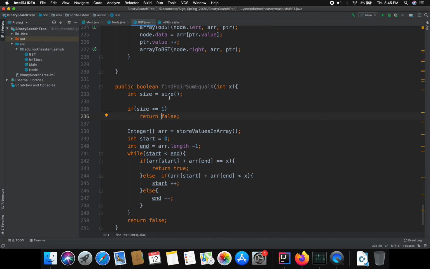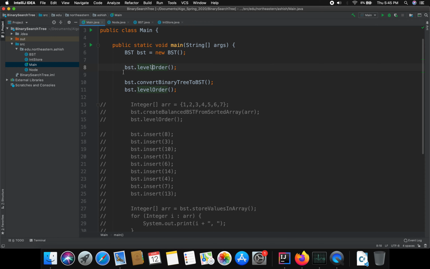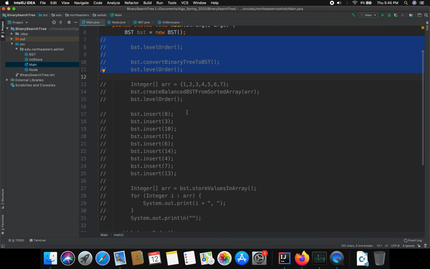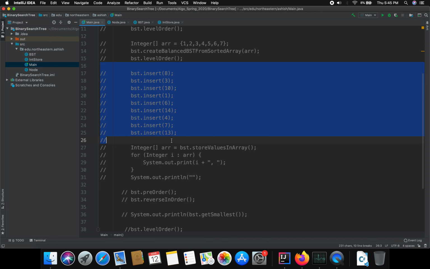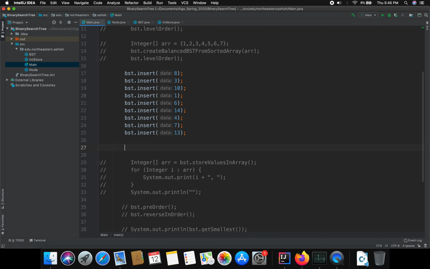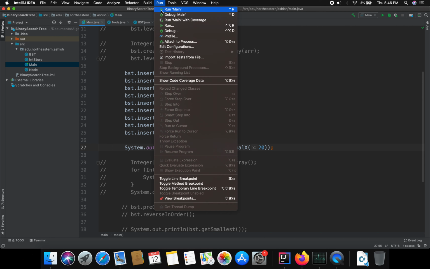So we'll go to the main, and we will comment this part. And in the init part, we will stop the init. So now that is not there. Now we come to the main, and then we'll create this tree. So this tree is created, and then we'll say bst dot find where sum is equal to x, and the x value is let's say 20. So 6 plus 14 is 20. Then we say run,